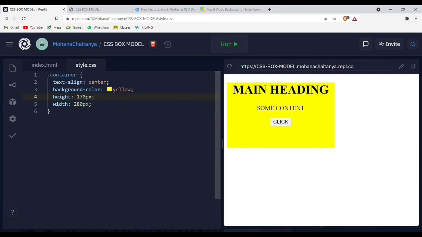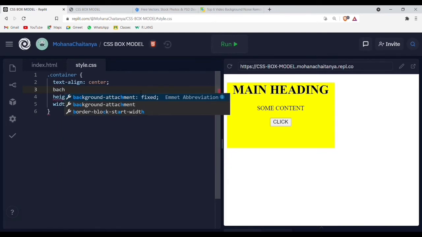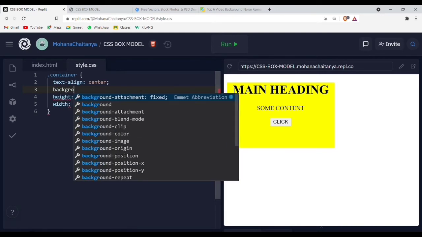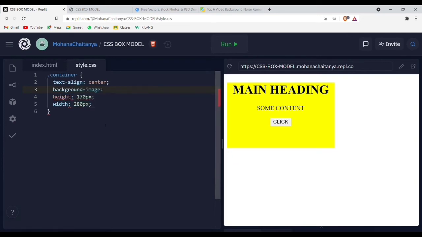Let's see how we can add a background image to the container element. We have given a background color now. Let's try to remove this and give a background image to this container. Let's add the background image, and the property name is background-image. It is background hyphen image colon, and it has url and a semicolon.